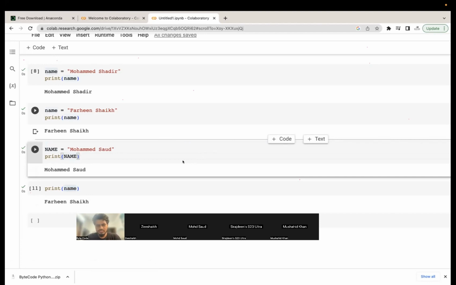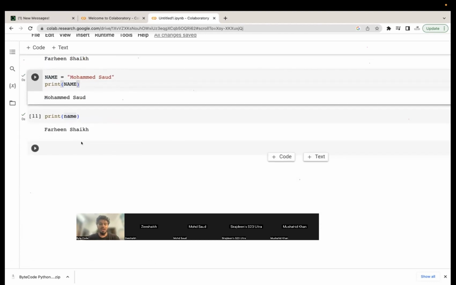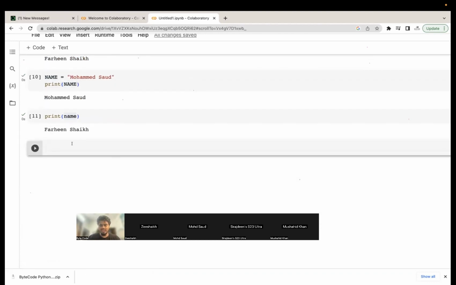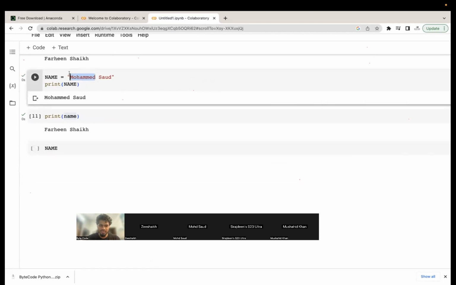Shadir, I just want to know, whatever thing, the print and the function which you are telling, I'm getting all these things, but I just want to get a brief idea. What is the use of this? Like how are we going to use it? Yes. So suppose I will give you an example. A basic example would be what I can do with the name itself. Suppose I want to just print Mohammed.